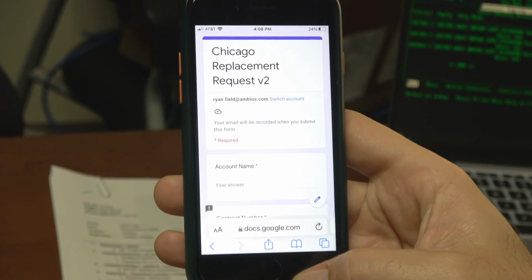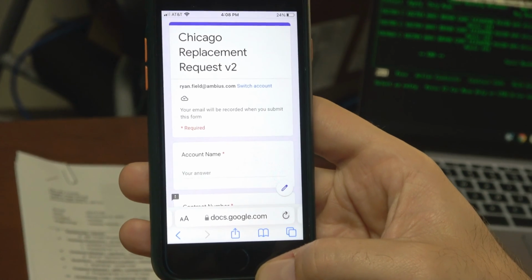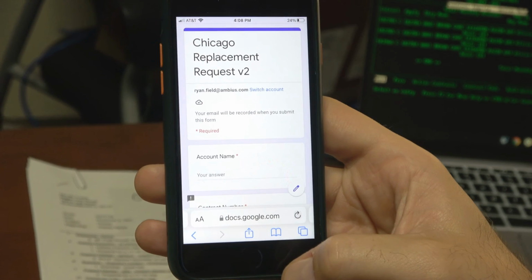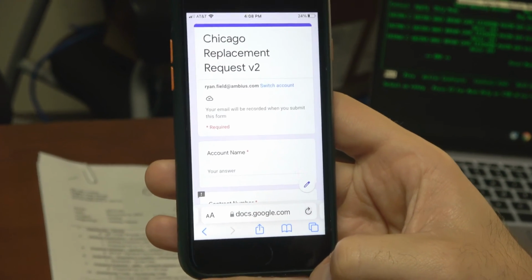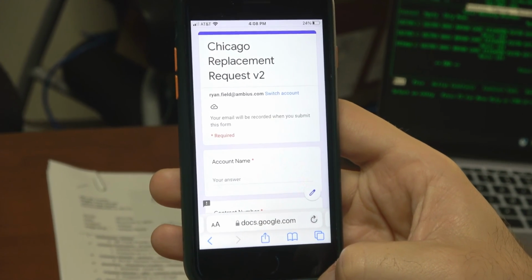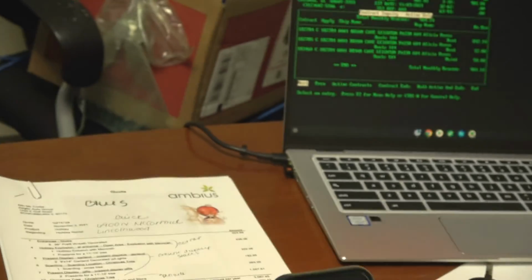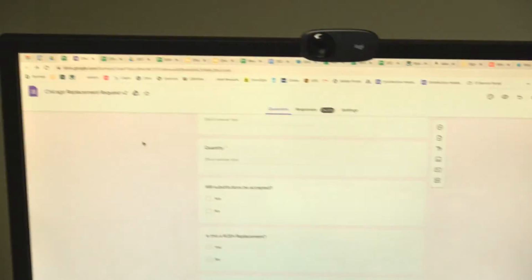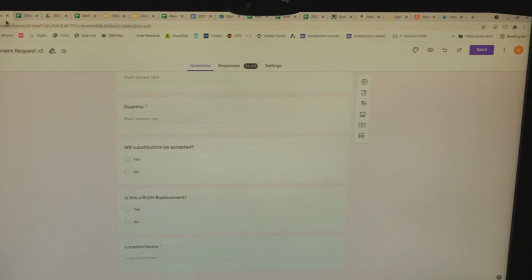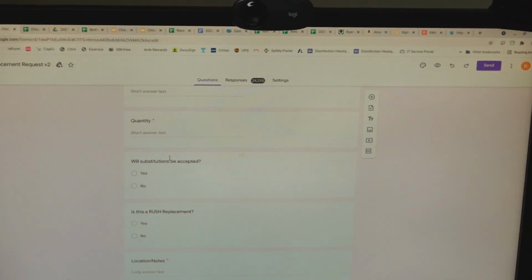Excellent. Sounds good. So the specialist would then fill out their replacement plant on this. They don't have to go to their email every time. They just open it off of that app. And then once the district actually gets this information, can you just give us a quick overview of how it's actually used? Sure. So on the other tab here, when someone fills out this form, whether on a computer or